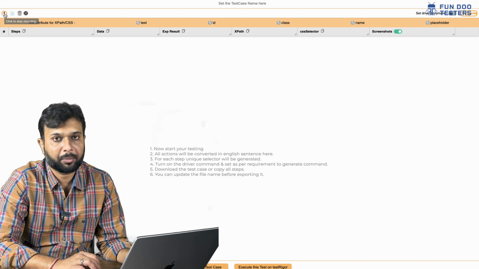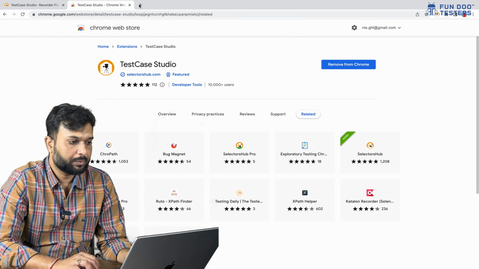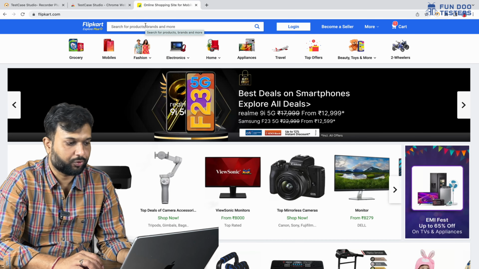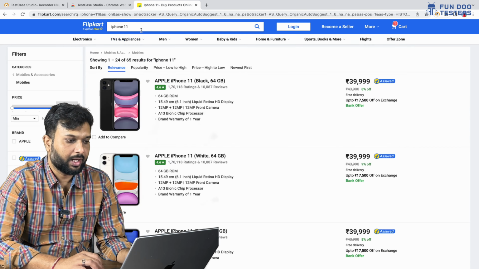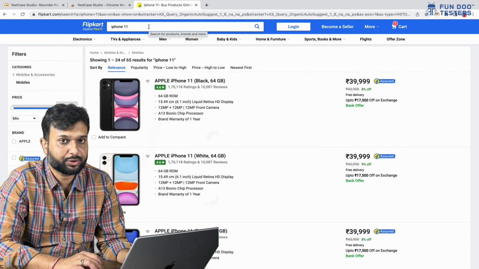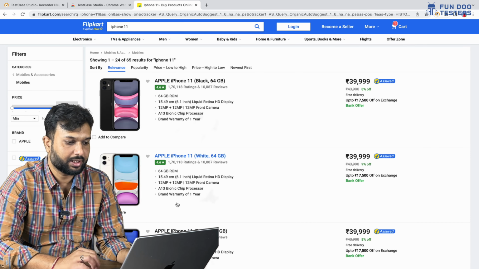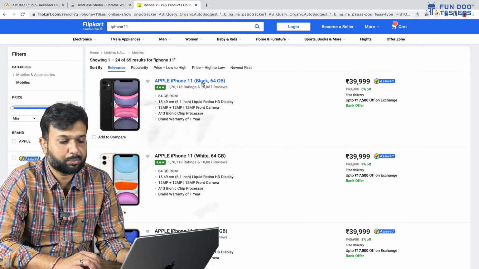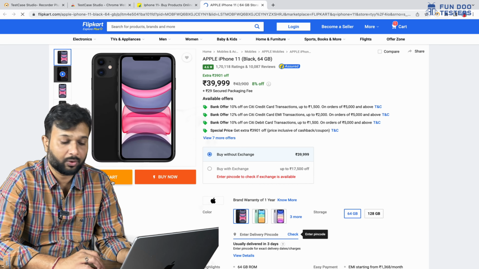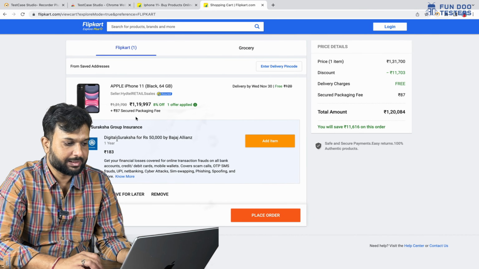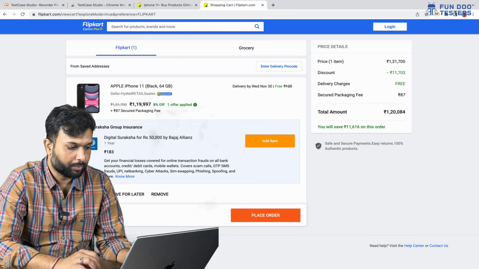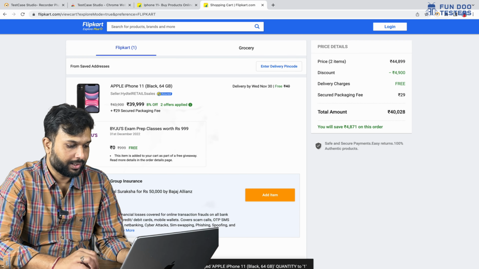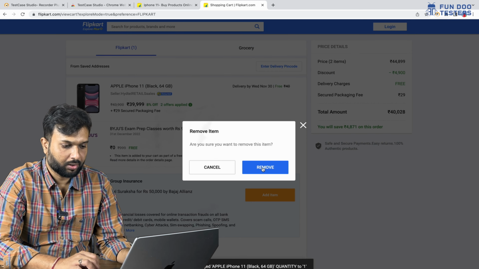For demo purposes, we are going to the Flipkart website. I'm opening flipkart.com, and here we are going to search, for example, iPhone 11. We have clicked on the search bar and entered the data, and we are selecting the first element, whatever phone is displayed. We are going to click on that and click on go to cart. It is added to the cart, and we are going to update the quantity. It is showing 3, so we are going to make it 1, and later on we are going to remove it.